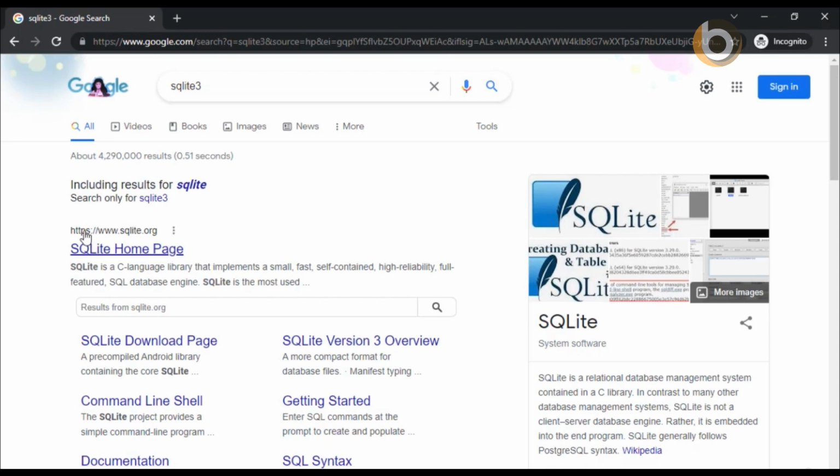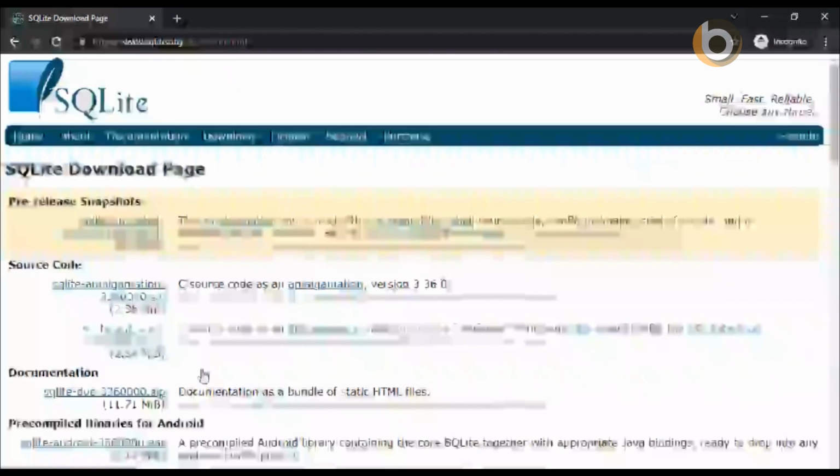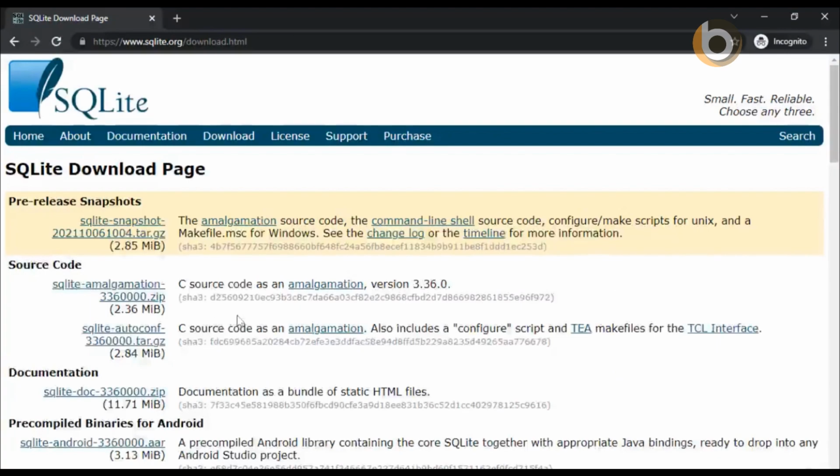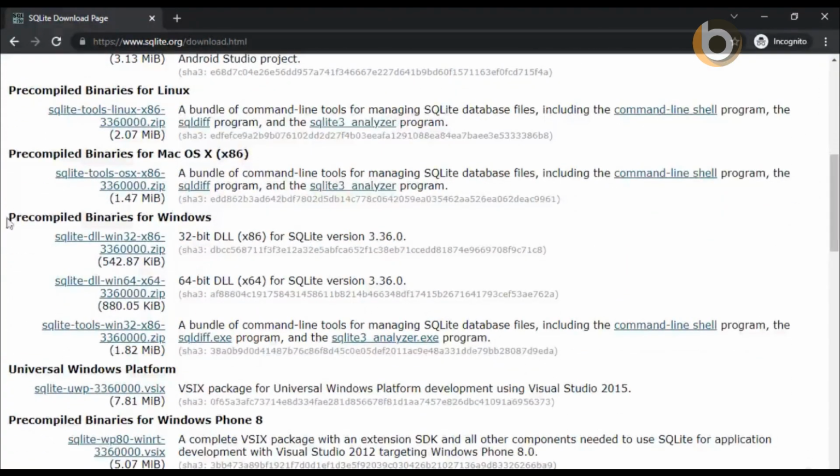From here, you're going to want to go to https://www.sqlite.org. If you want to skip the entire first step, you can just go to this URL, which is sqlite.org/index.html. From the home page, we're going to want to click download. And when you're in the download page, you're going to want to scroll down until you see the